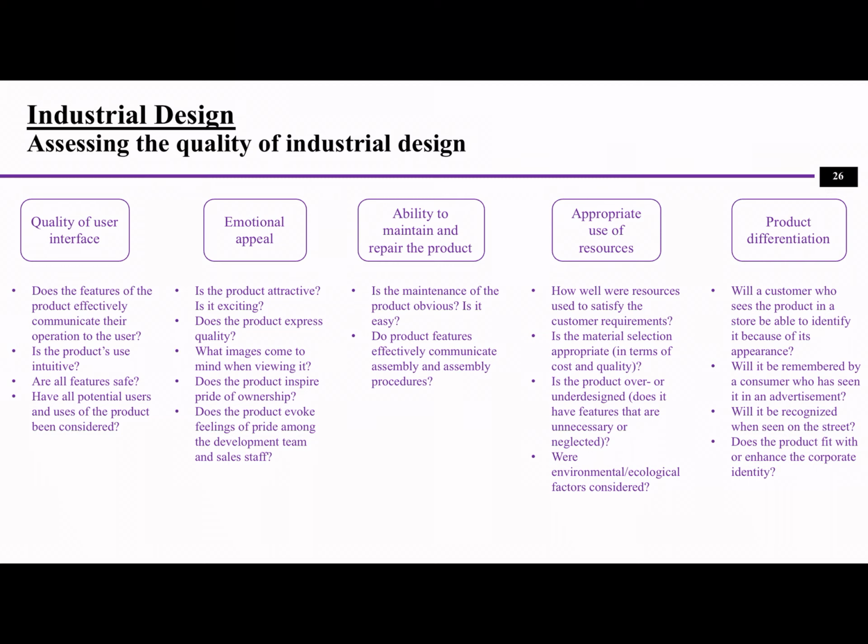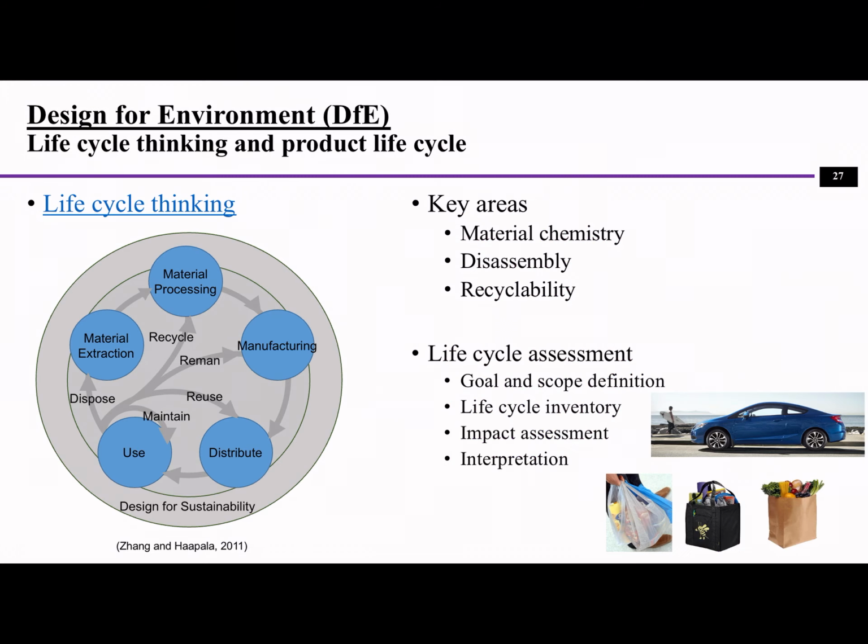Next one is the ability to maintain and repair the product. Is the maintenance of the product obvious? Is it easy? Do product features effectively communicate assembly and disassembly procedures? Also, you can look through the rest of those questions for the other two metrics, for the use of resources and product differentiation. All right, next